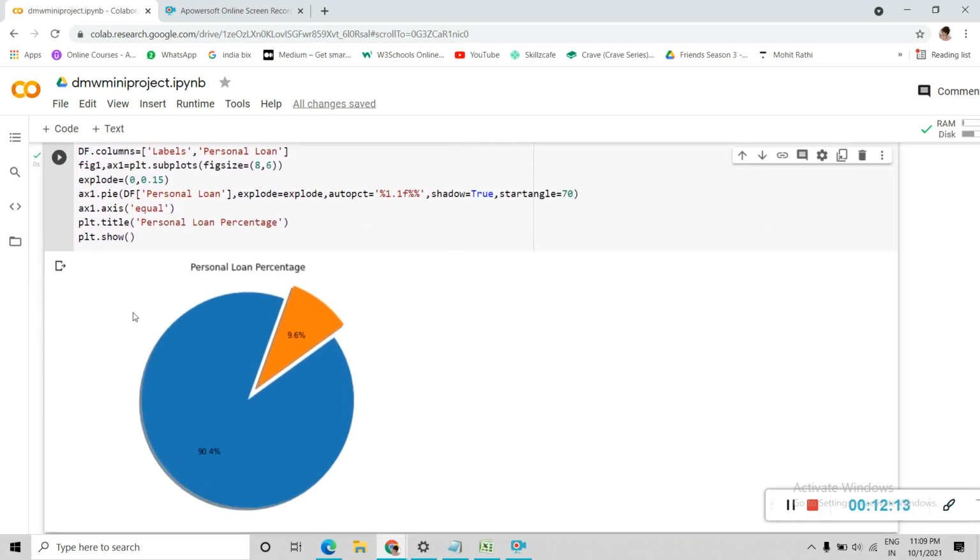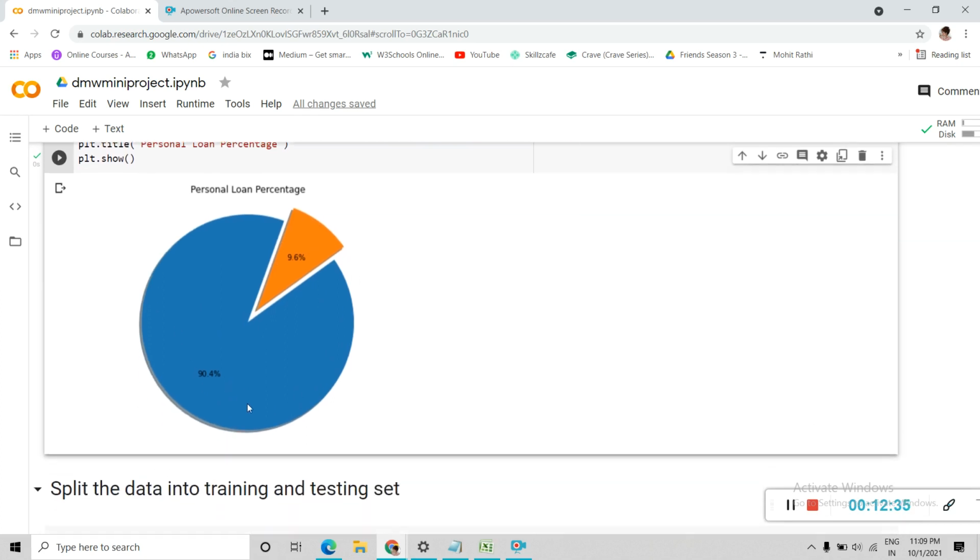Then I have also used a pie diagram, that is, a pie chart, for depicting the personal loan percentage according to the last campaign given in our data set. From the information that we have, we know that around 9.6% of people had taken the personal loan in the previous campaign, which is depicted with this pie chart.